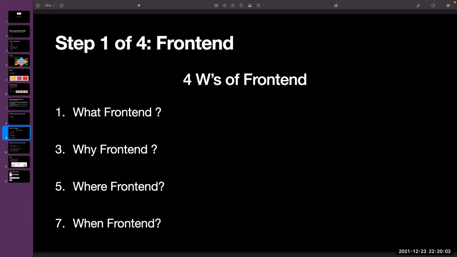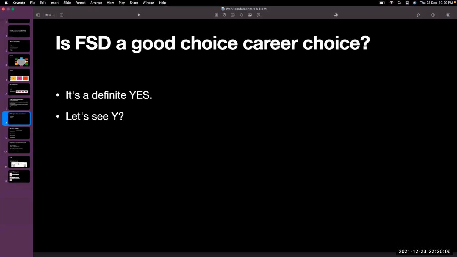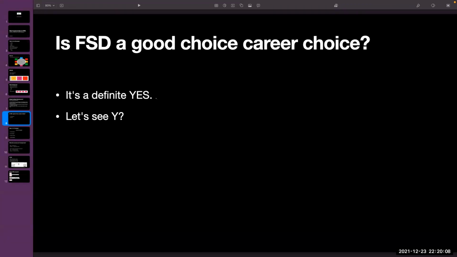Okay, what is front-end development? Before going to this, I wanted to tell you for 5 minutes about an interview experience that I had. If you people are okay with that, I will speak. Otherwise, I will put it at the end of the session. No, sir. You can share it right now, sir.